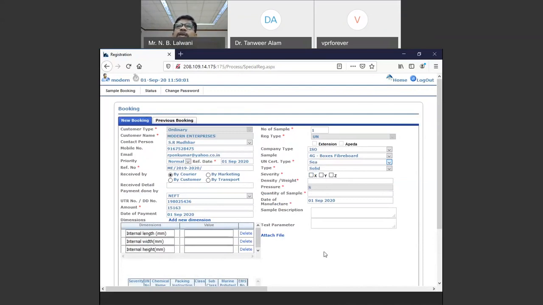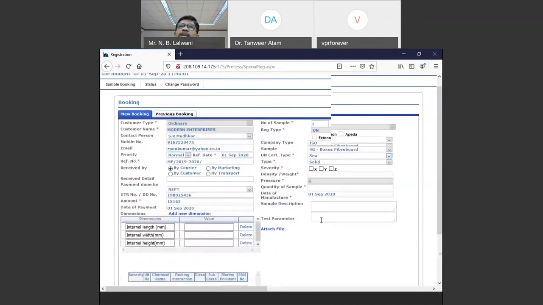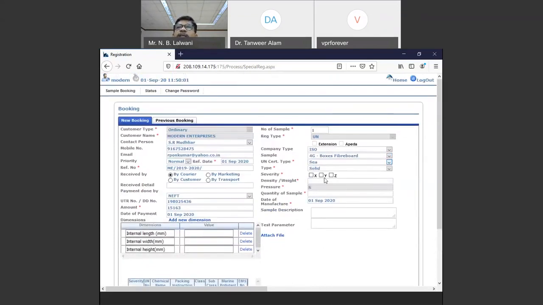So what type of chemical are you going to export? This chemical severity, you can even check in your MSDS. There is an MSDS for whatever chemical you are going to export. If you are not aware about the MSDS, you can always ask for the information from your exporters. Say somebody is buying packaging from you for export of some chemical, and for that he needs a UN certification. Then you can ask them what chemical he is going to export. They will be able to give you the MSDS, the material safety data sheet. You can check the MSDS.